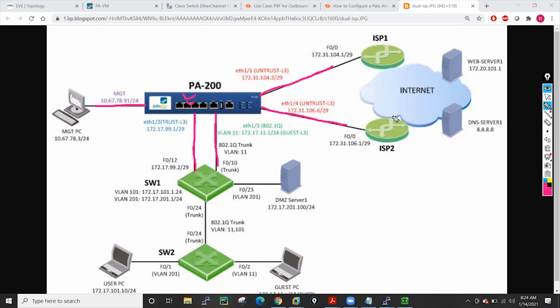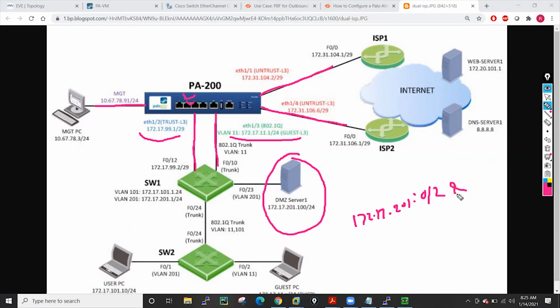Okay, and this is our trust zone, or we can say inside zone. Here we basically have a switch. Now if you want traffic from this particular server, or traffic from 172.17.201.0/24, to always be forwarded via ISP2, and the remaining traffic to go via ISP1,